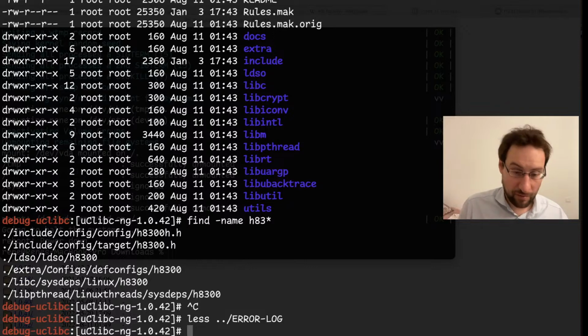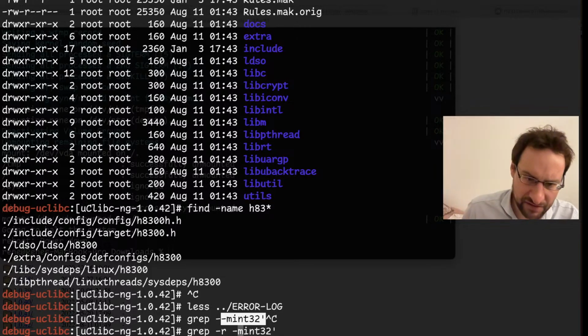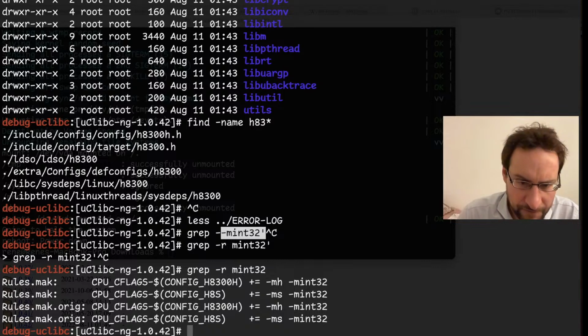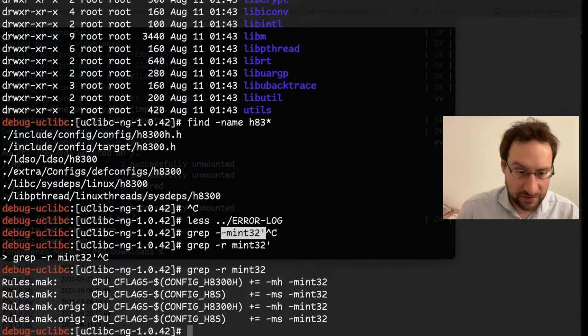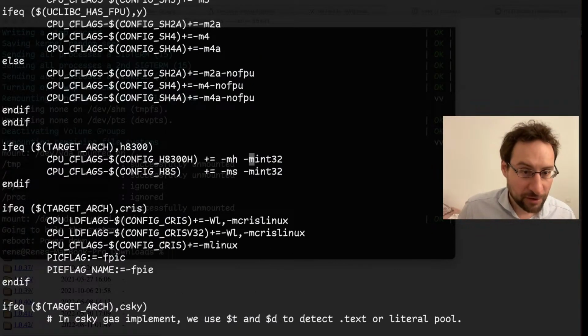So probably it needs some bootstrap hack. It looks on first glance that it's using target options when we only want to generate the headers.